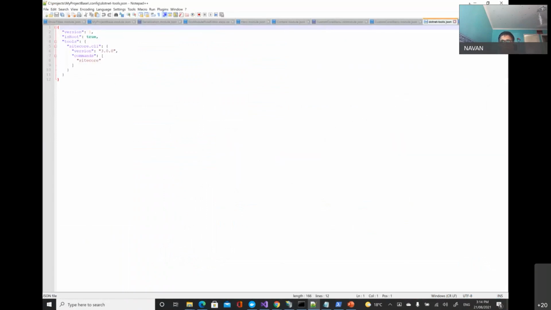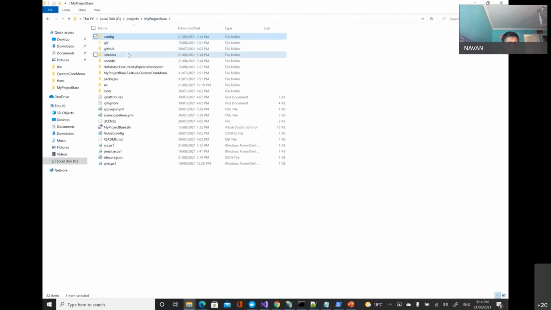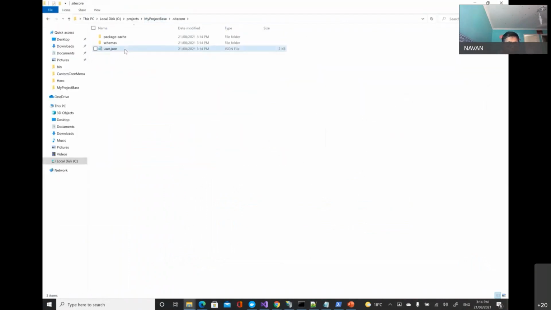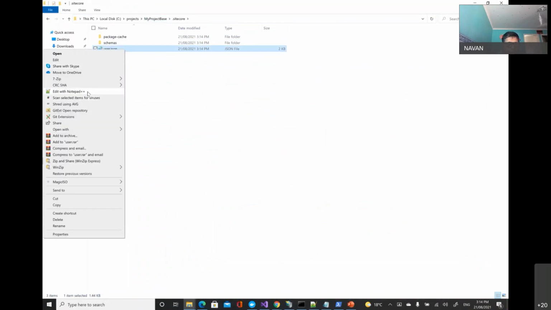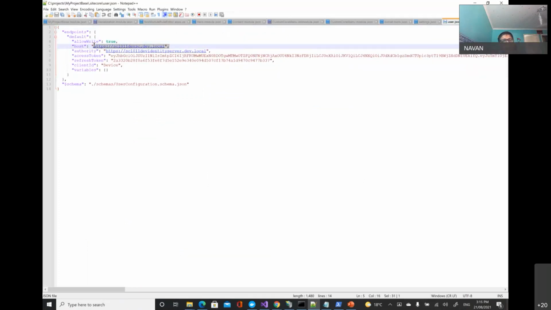One thing: the user.json is still a sample. It automatically fills your path because this picks up from the config file. It goes to your config file, finds out your domain name and then the identity server, and fills that value here.